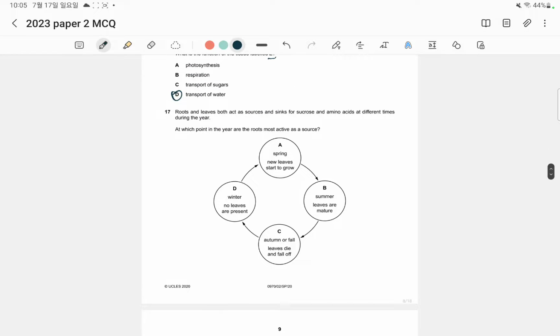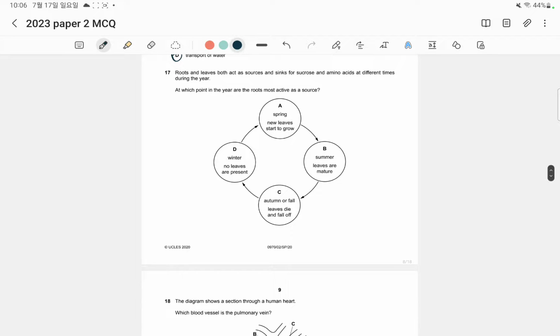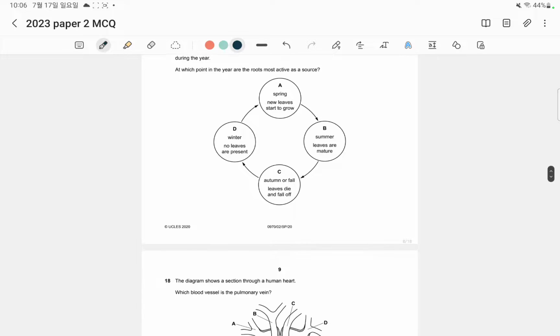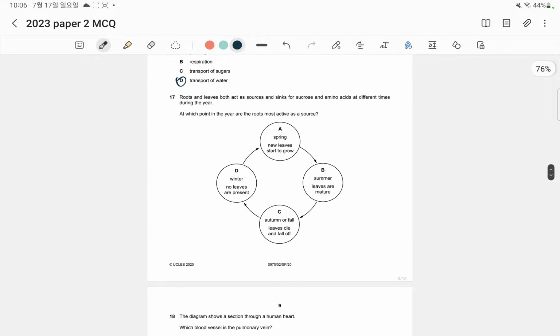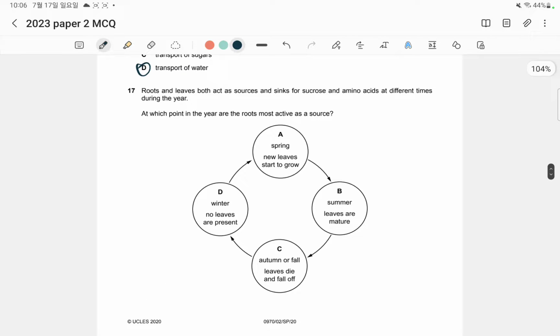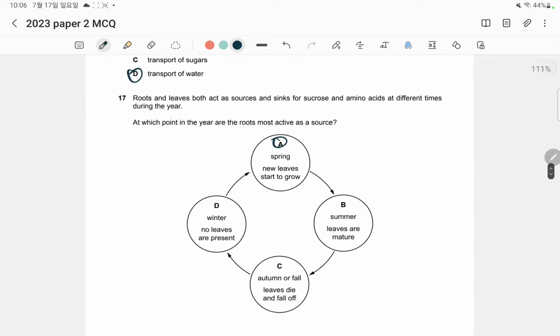Okay, now this question is showing us how roots and leaves act as sources and sinks for sucrose and amino acids at different periods during the year. And at which point in the year are the roots most active as a source? Now the answer would be A,